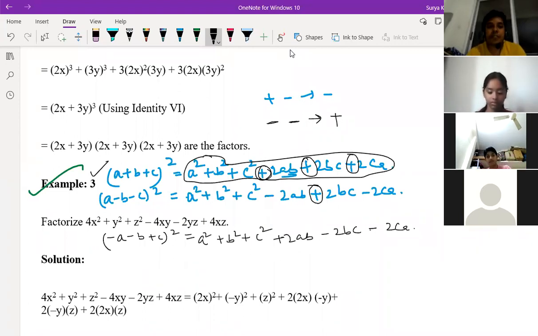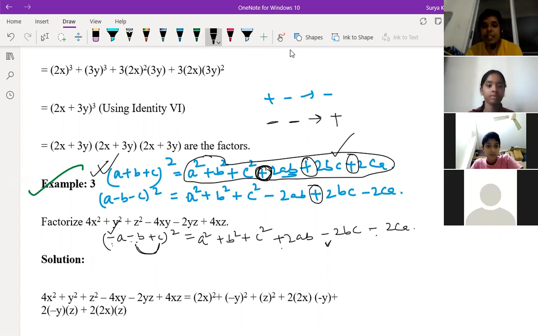See, this is the formula: a square plus b square plus c square plus 2ab plus 2bc plus 2ca. This is the common formula for (a plus b plus c) whole square. Now these signs will change depending on the condition, the sign of a, b, c. If a and b are both negative, you should write positive for their multiplication. For b and c multiplication, only b is negative, so we write minus bc. And in ca, also one is negative, so we write minus ca.